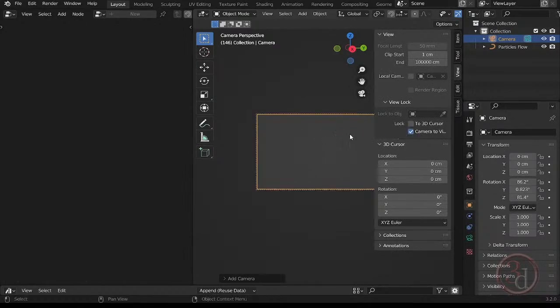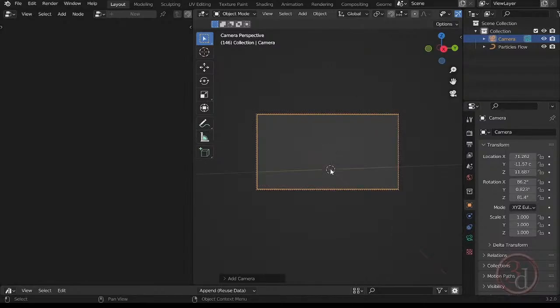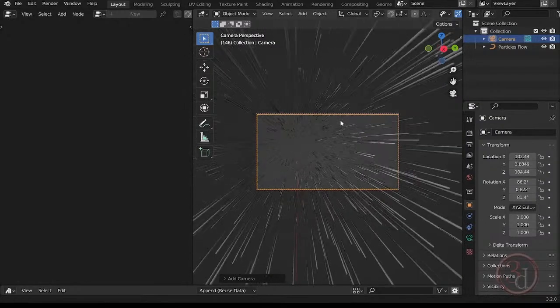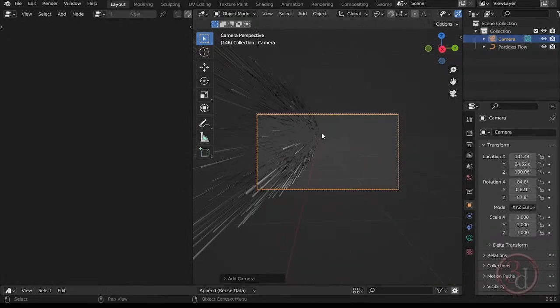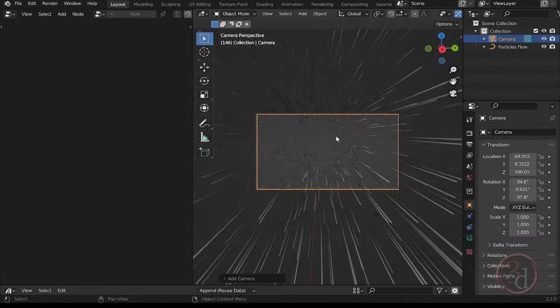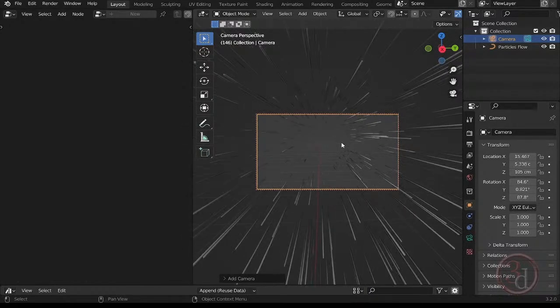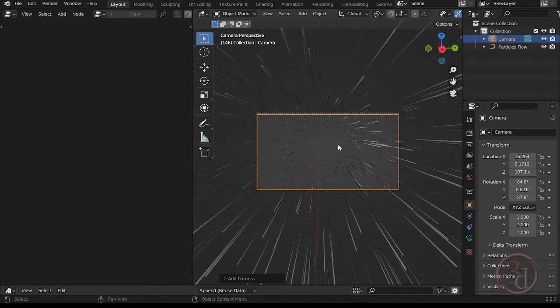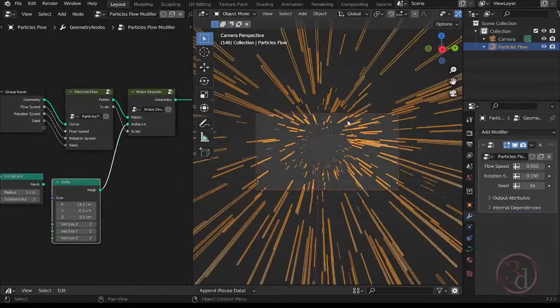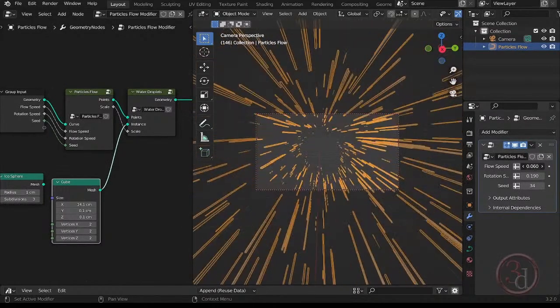Okay, now I can adjust the camera just like my perspective. Just zoom in, and you can see we are almost getting there. Okay, select this and we can play with this. Yeah,